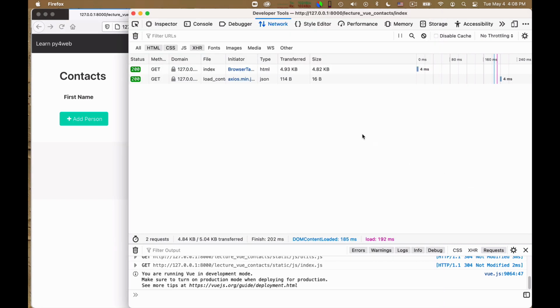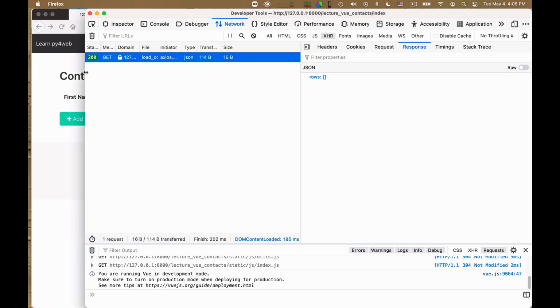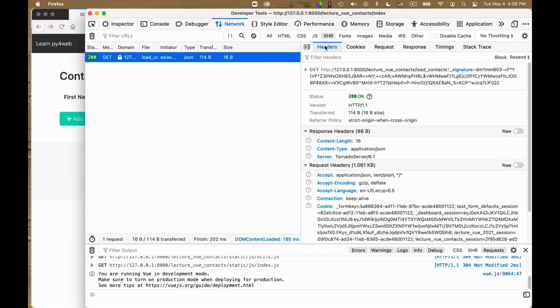And if I look at the network, I can ask, for instance, to look at various types of calls. And I can focus, for example, on the XHR ones, which are the AJAX calls, so the calls initiated by JavaScript. We can see that there is a call here, maybe I should expand a moment, to a URL that is lecture Vue contacts load contacts.